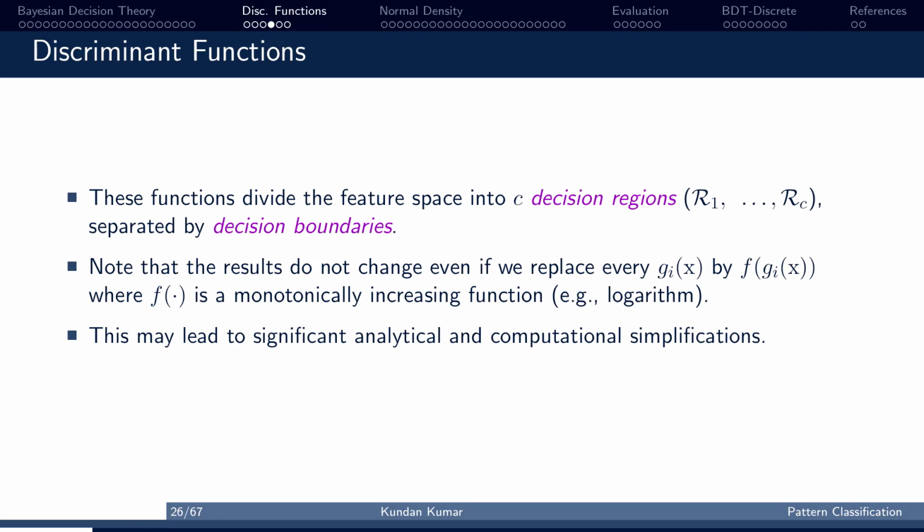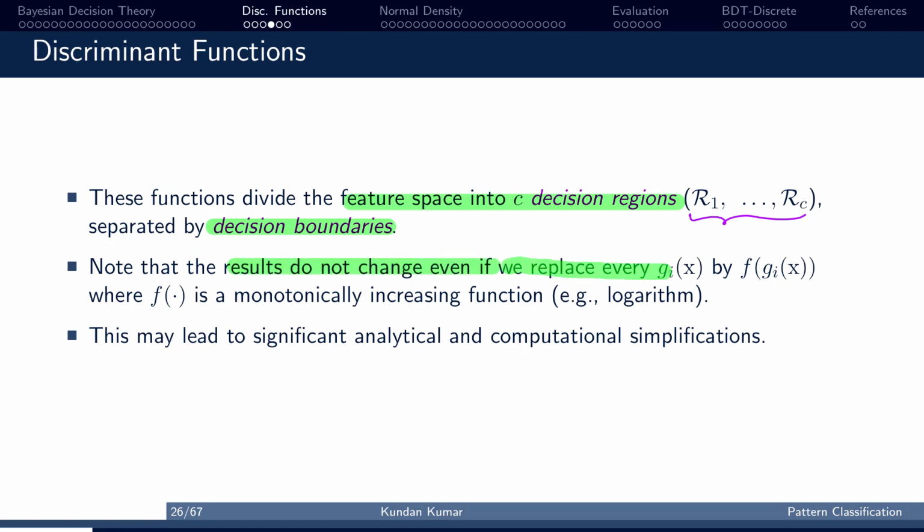These functions divide the feature space into C decision regions, which are separated by decision boundaries. Here the C decision regions are R1, R2 up to RC. Please note that the results do not change